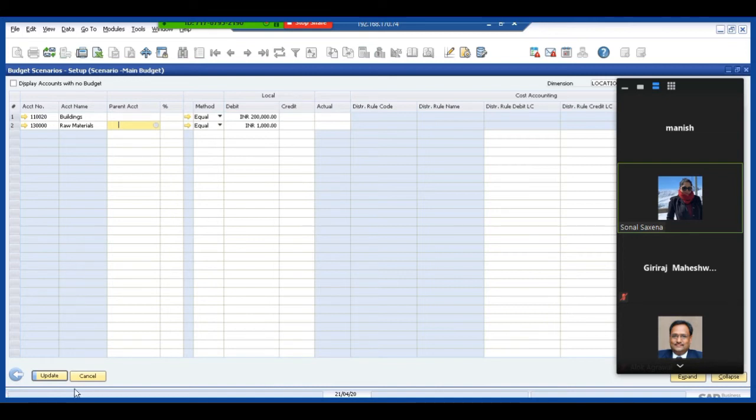Okay, Manish, there's one more question: how can we track the changes made in budgets? So earlier, whatever modifications you're doing here, how do we track them? Tracking those changes in standard is not possible, but with small tweaking here and there, we can create some more fields, and all the changes that we are making in this field would automatically get reflected in the other user-defined fields that we're creating. That would not be done in the standard, it would be a modification that we will do for that.